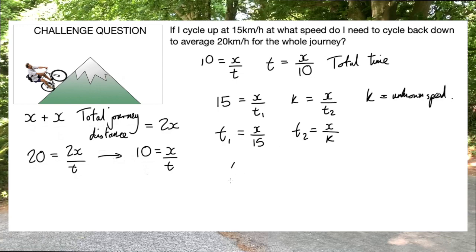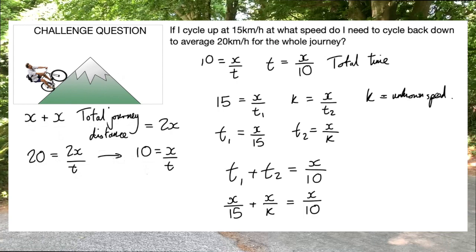Now clearly, t1 plus t2 must equal my total time, and my total time is x over 10. So if I fill in what I know, my t1 is x over 15, my t2 is x over k, and this must equal